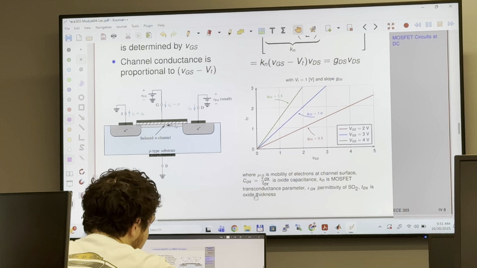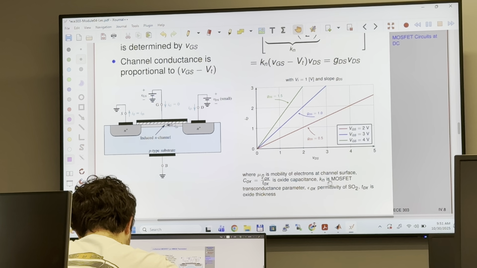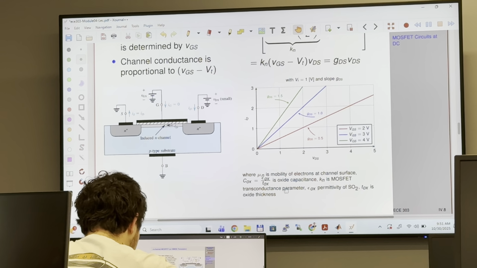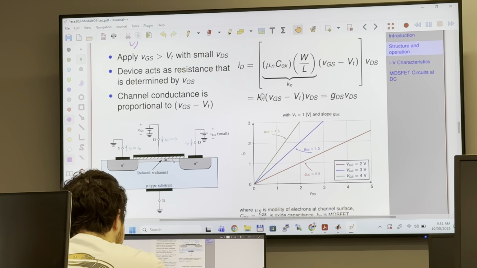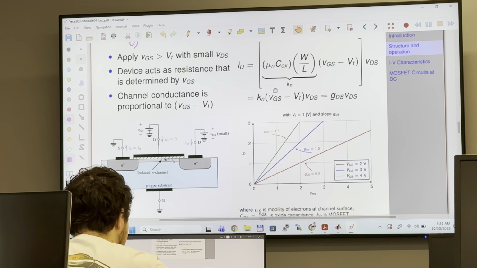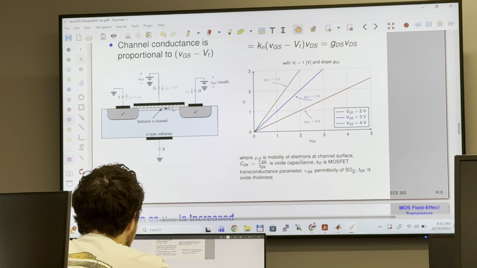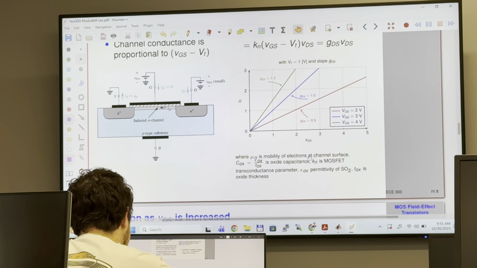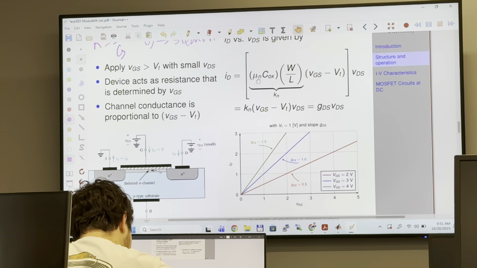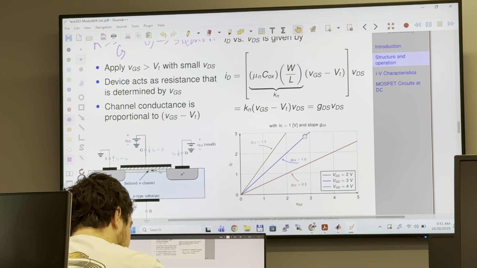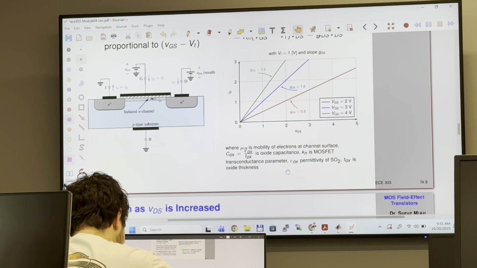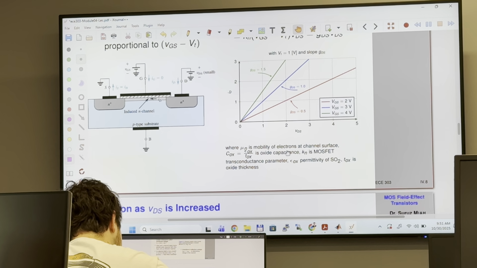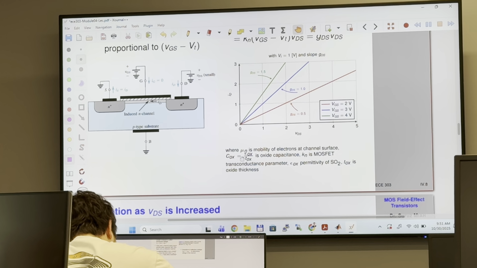K sub n is called the MOSFET transconductance parameter, and mu n is the mobility of electrons at the channel surface, and COX is the oxide capacitance, and oxide capacitance also depends on the permittivity of the oxide material,